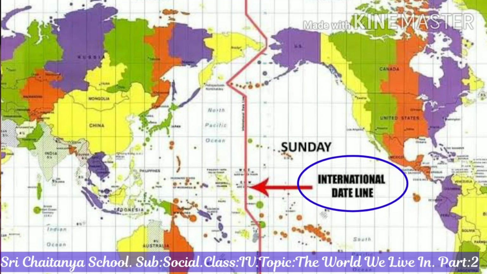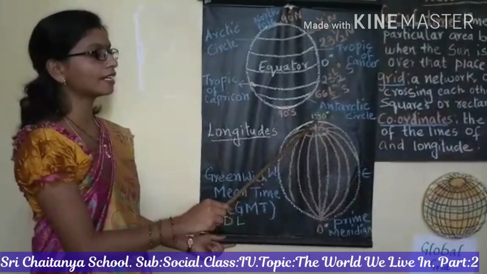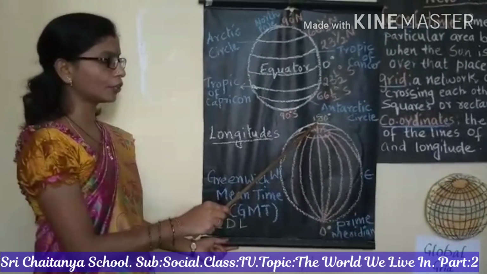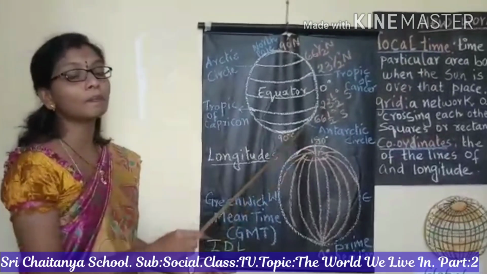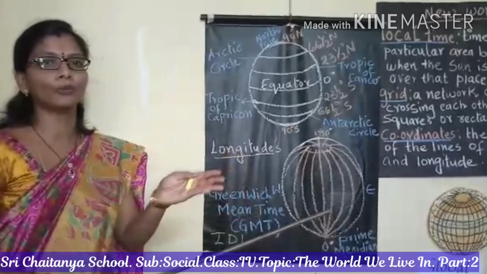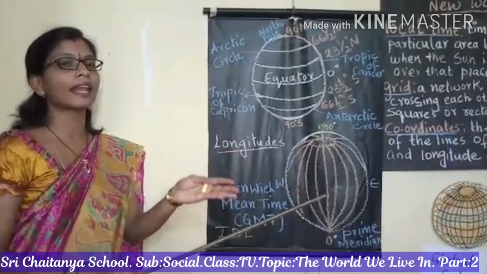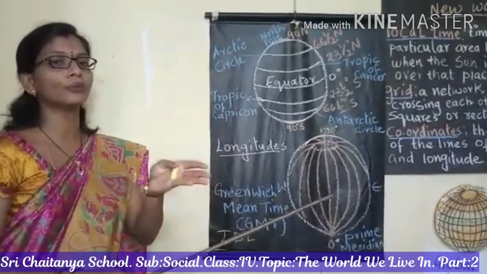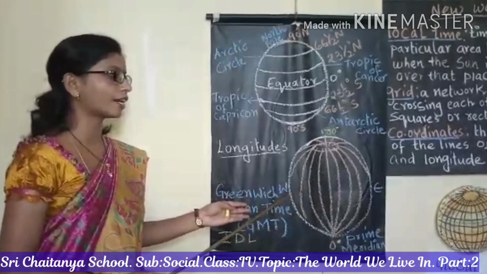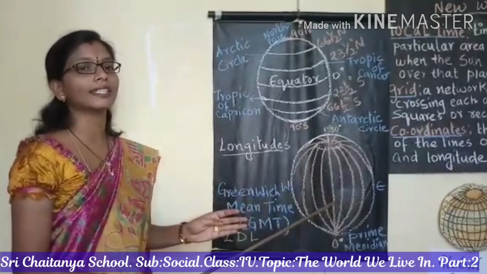International Dateline. The international dateline follows the 180-degree longitude, and it marks the place where the calendar date changes from one day to another. Children, if it is October 20 on the west side of the international dateline, it will be 21st October on the east side of the